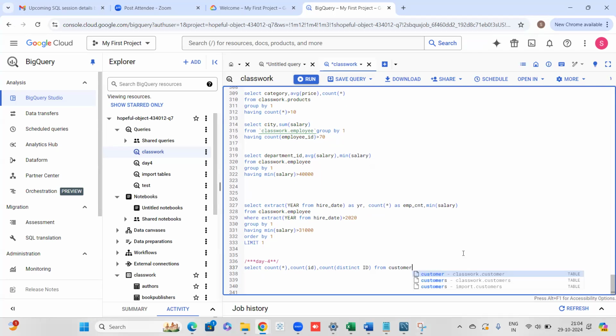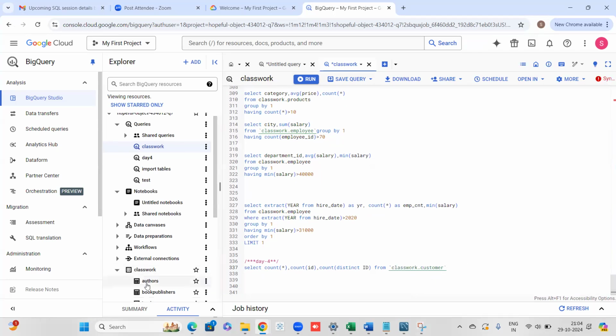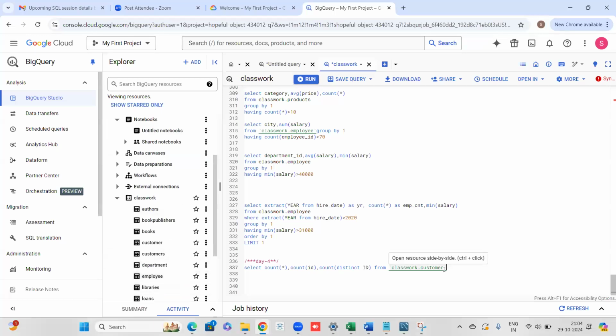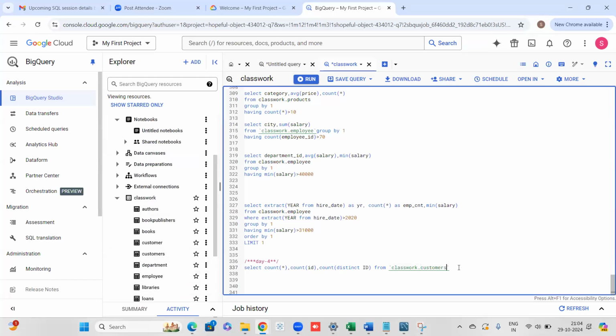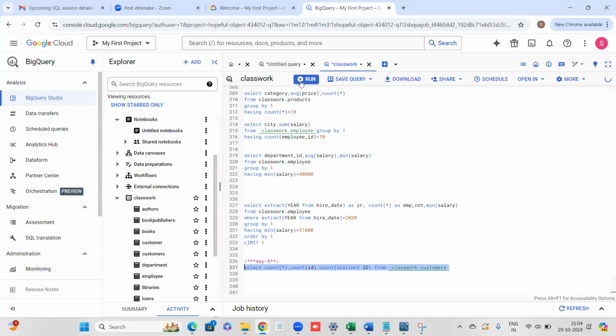I'm just going to select it from here. Is it customer or customers? I think customers. Okay. This is the table which has been provided to us and we've imported it here. When I run this query,